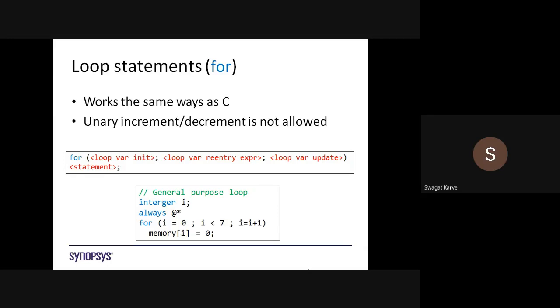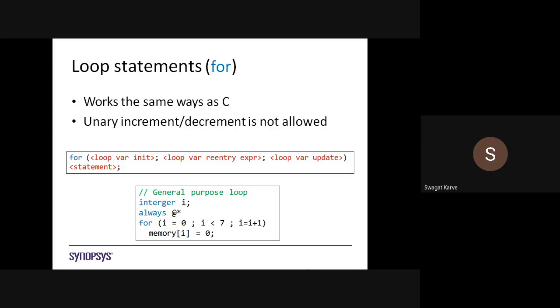If you want to give a don't care condition, then you go for casex or casez and mention your condition, and there you can mention the unknown cases also. So that is the practice.